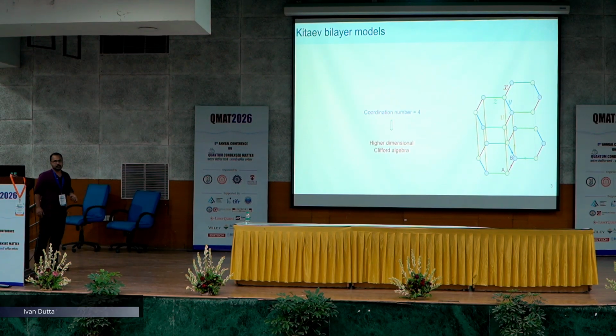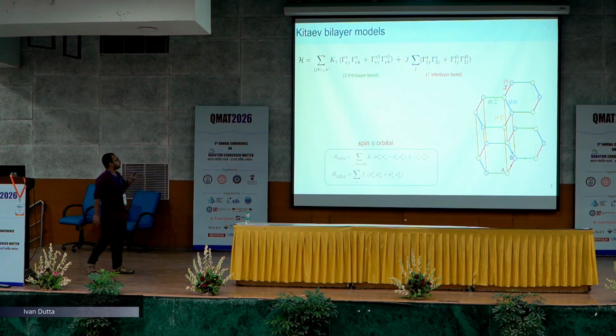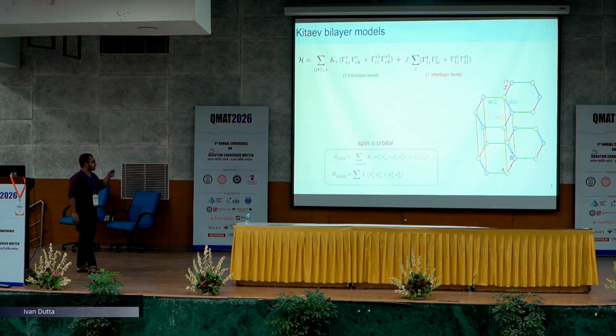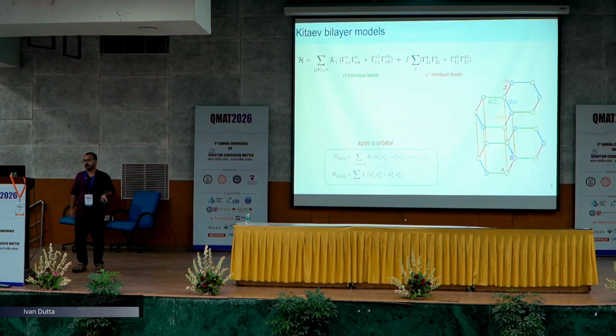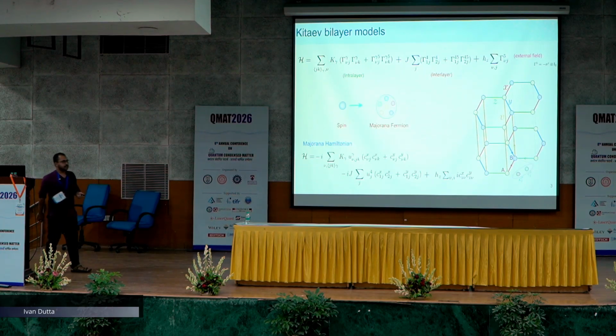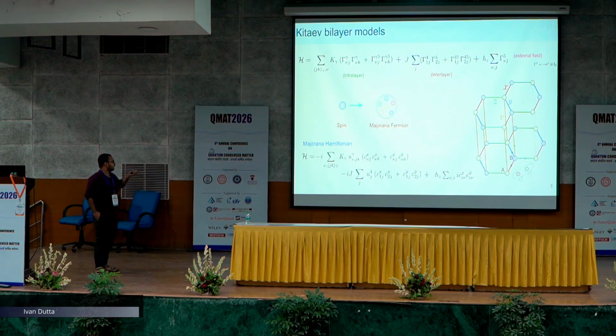So I need to incorporate higher dimensional algebra here, and in this regard I can associate 4 gamma matrices instead of the Pauli matrices. So this is a 4 cross 4 matrix. The first 3 are gamma 1, gamma 2, gamma 3, and the inter-layer bond is gamma 4. So you can think of this as kind of spin and orbital, both degrees of freedom present within the system, or you can also think of the spin multipole operators. And if we use similar algebra as Kitaev did, we can again decompose the same Hamiltonian into a very beautiful exactly solvable model.